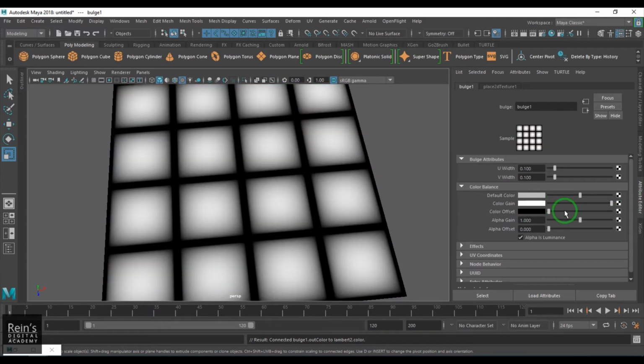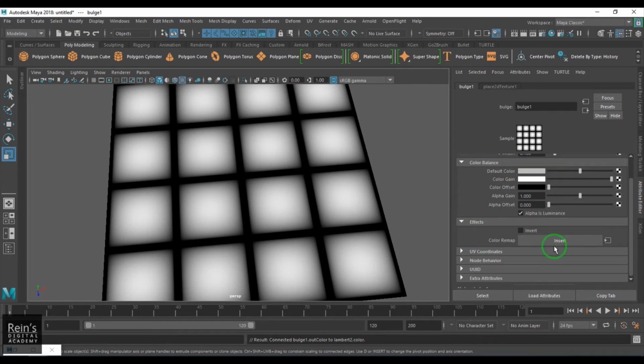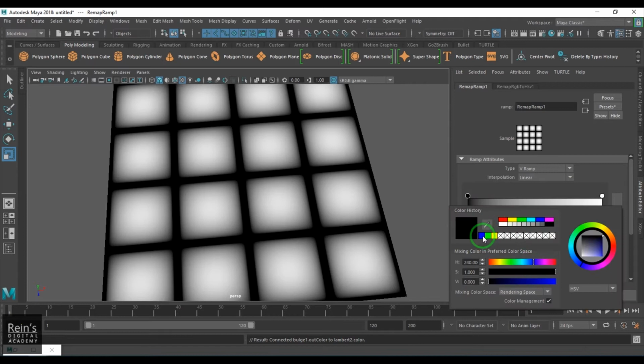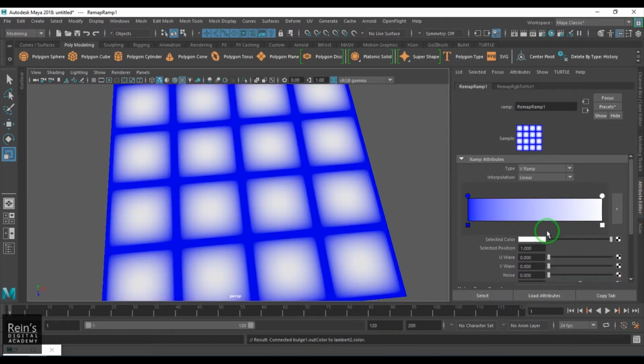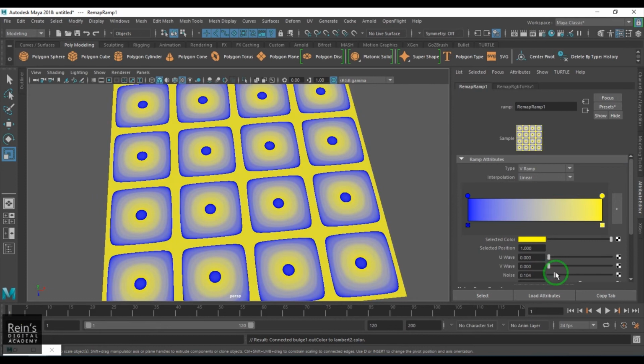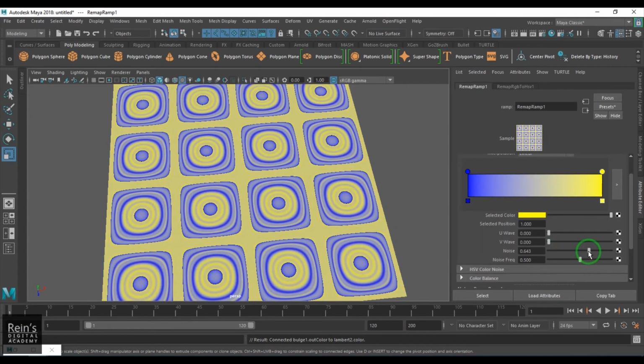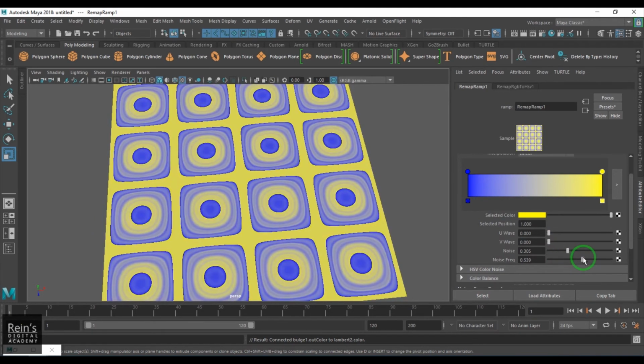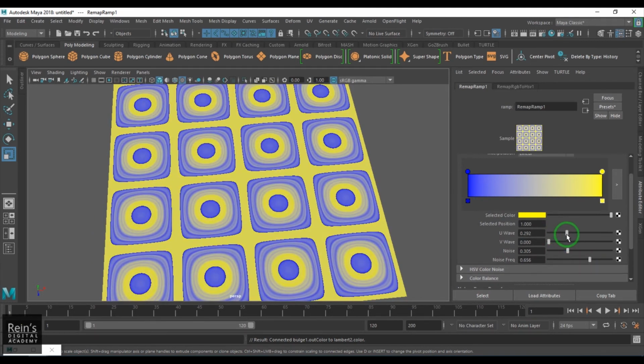Okay, alternately you can get into the effects section and use this option called color remap, and then it will give me a ramp where you can choose the black color to blue and the white color to yellow, and this will work. And here you can explore the possibilities of creating noise and frequency of the noise and waves,